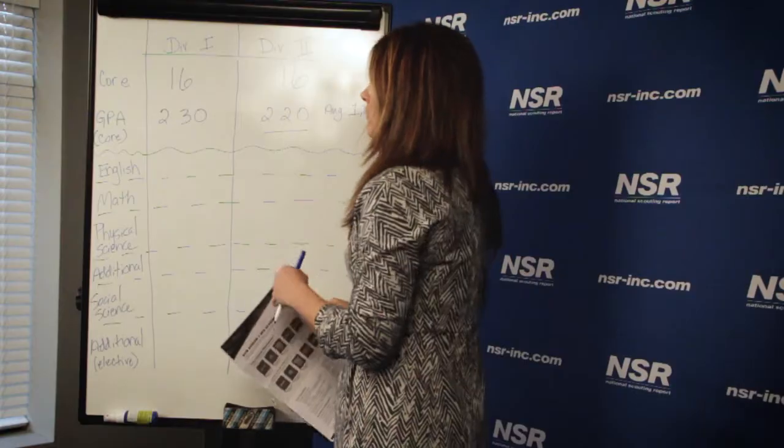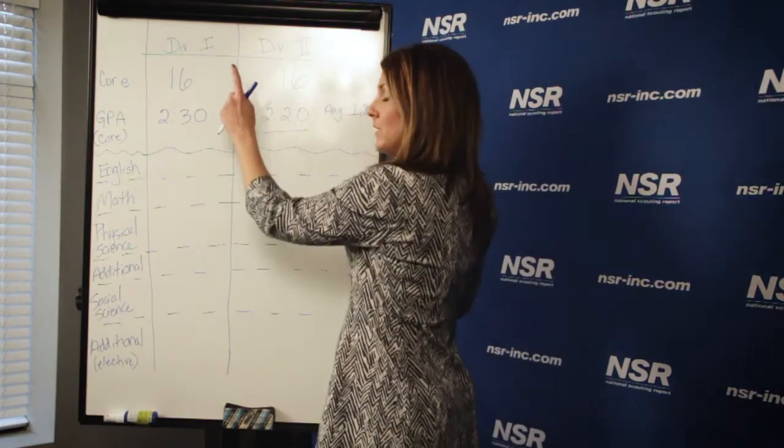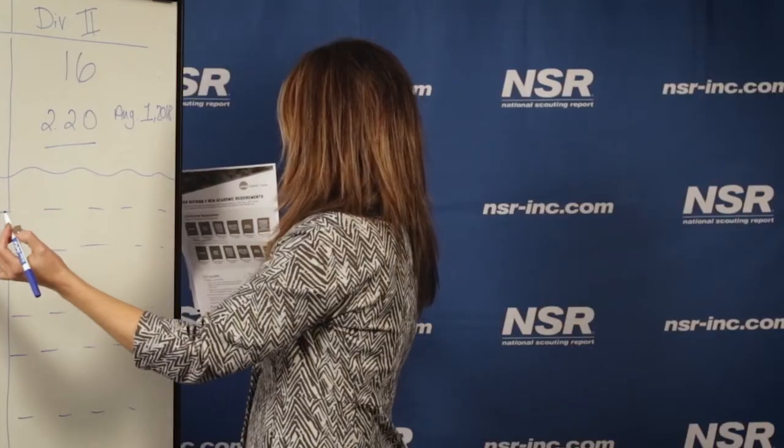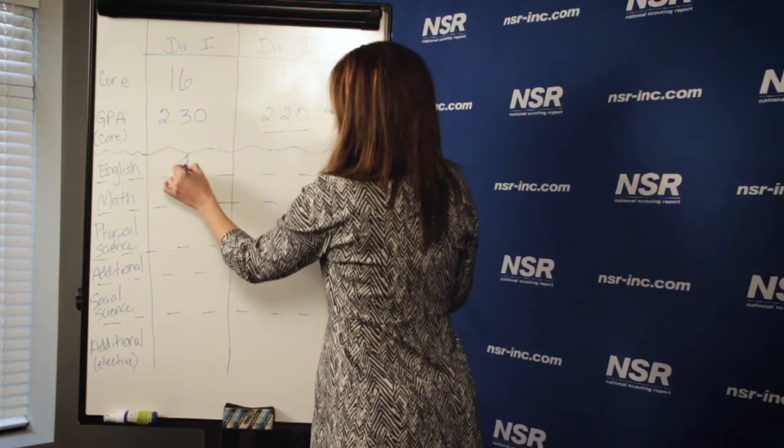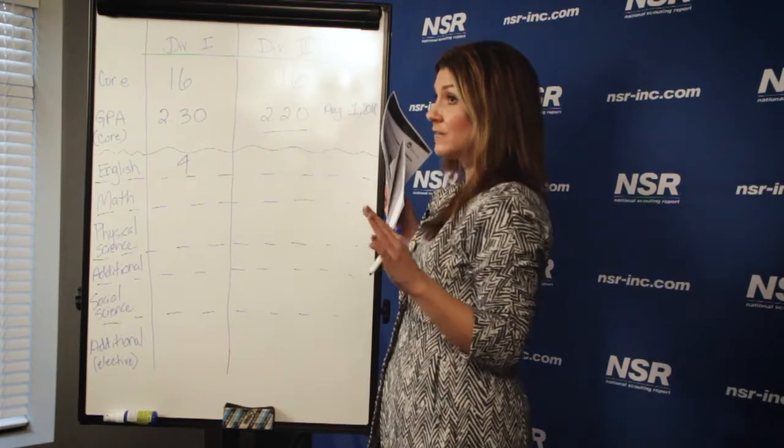Okay, so now we're going to talk about the specific classes and how many years of each class specifically you have to take. So for English, for Division I, you've got to have, let me make sure I've got this right because it gets very confusing. For English, for Division I, you've got to have 4 years of English. So that means basically you have to take an English